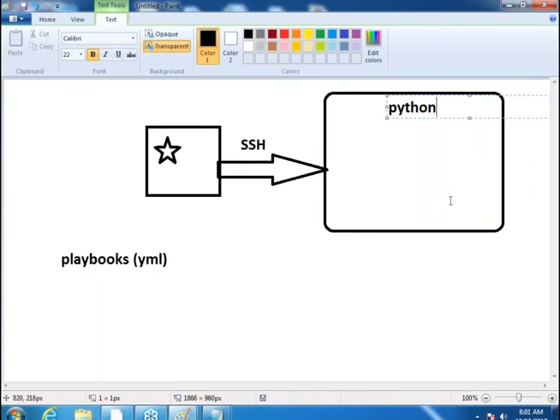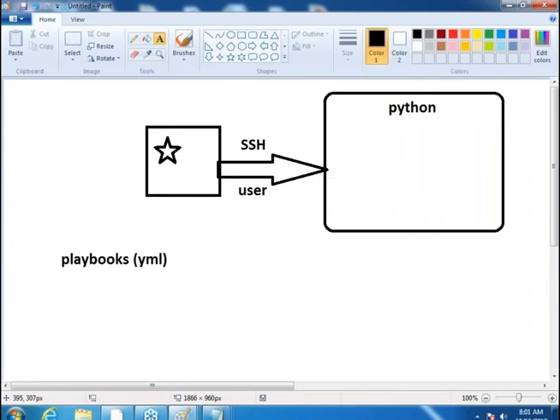For example, you say create a file in the YML file. Basically, that gets translated into Python language, and Python will be executed on your machine. And this gets executed with a user which you have configured. That's it. So in Ansible, the most important thing is your node should have Python, and you should have a user configured, because it creates an SSH connection, right?